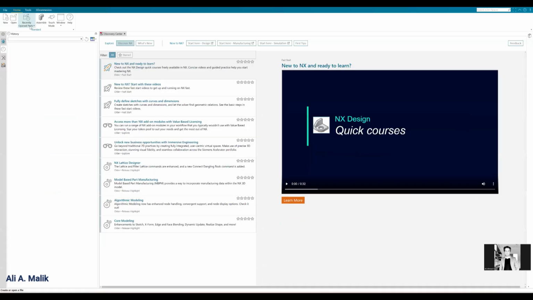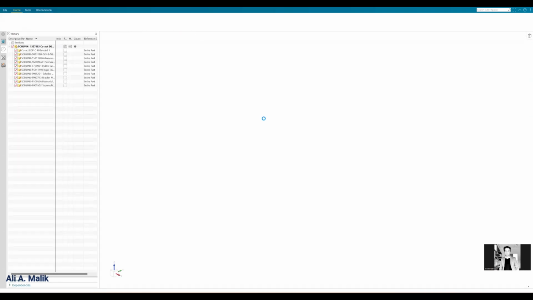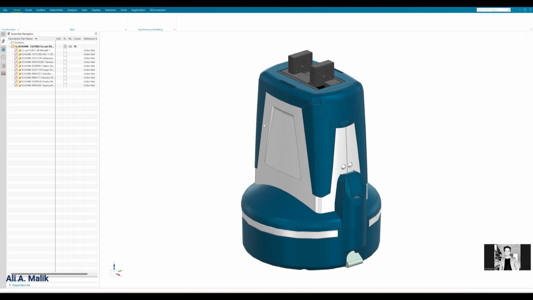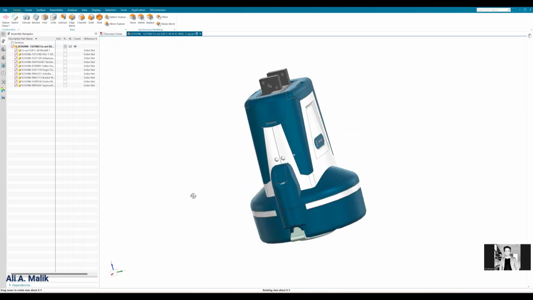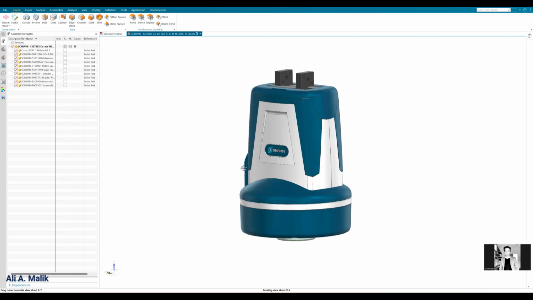I have NX opened here. It will take some time to import the CAD file into NX, depending on the size of the file.